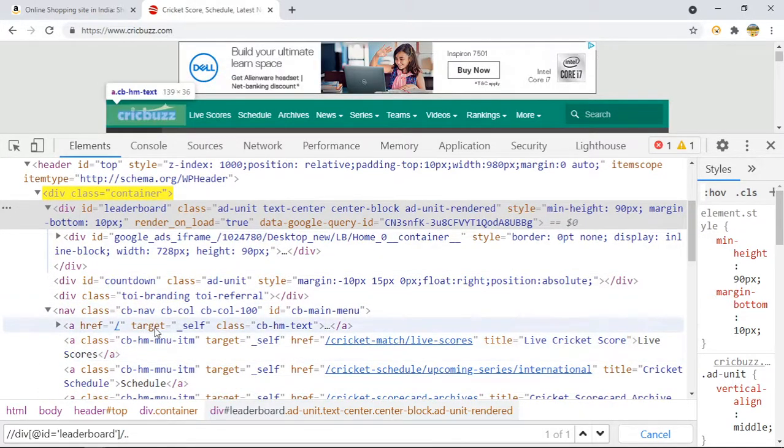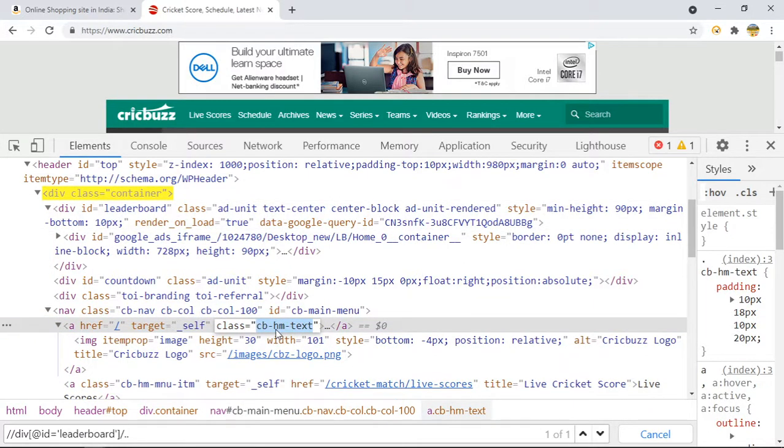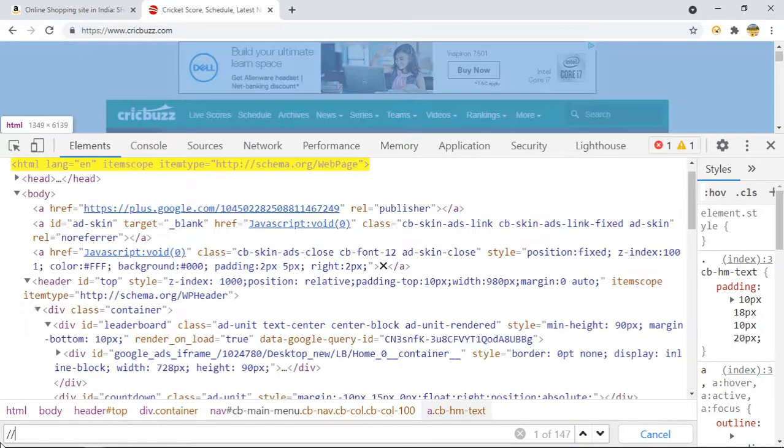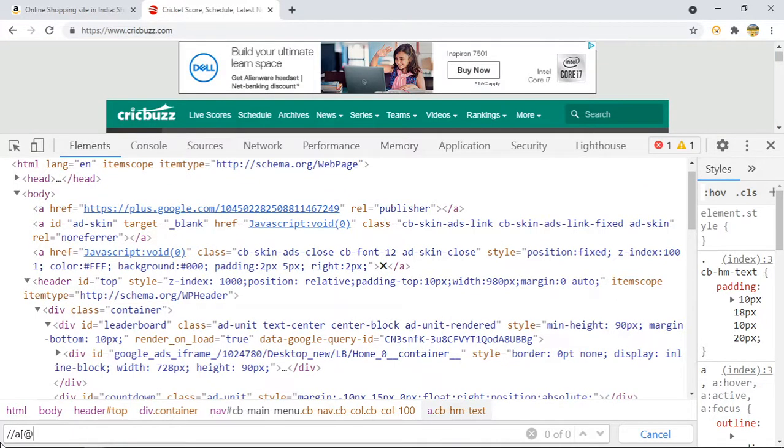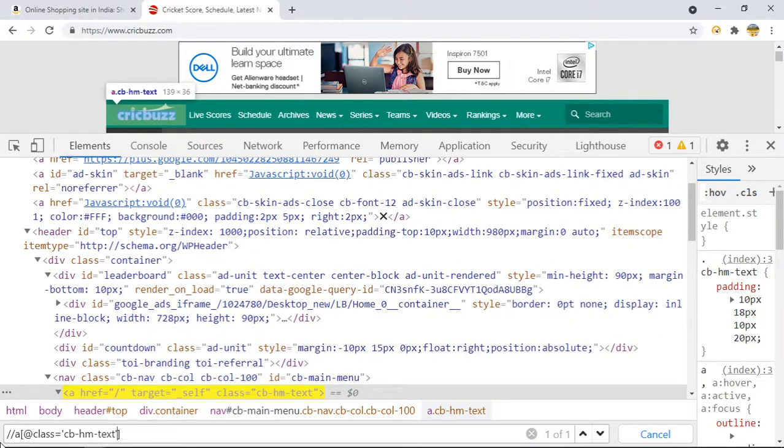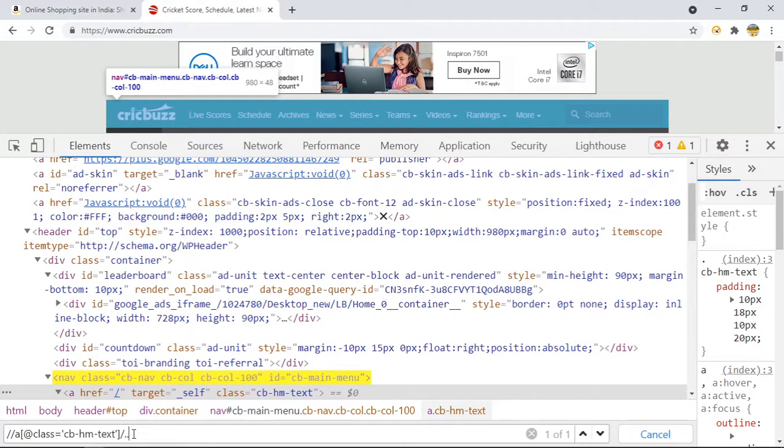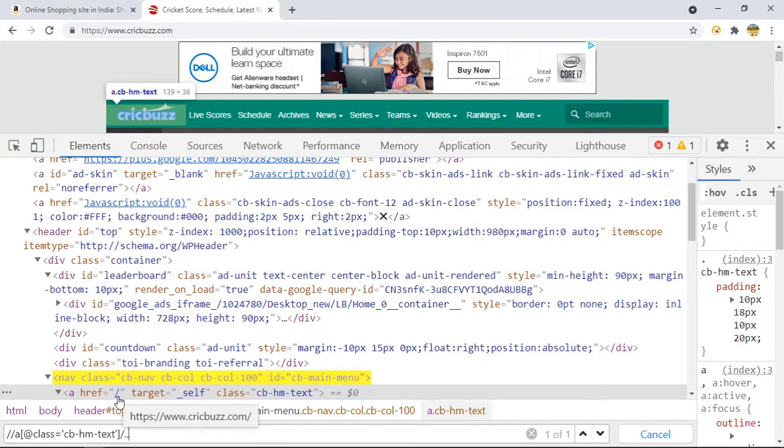You can see, if I write a class equals to this, I want to come to the parent of this, from children to parent I want to navigate. How can we do it with the help of slash dot dot, right? What I want to move to is the parent of this one, so I can say slash dot dot, right? It will move you to the parent of this particular line. This is how we can do it. Is it clear to everyone?